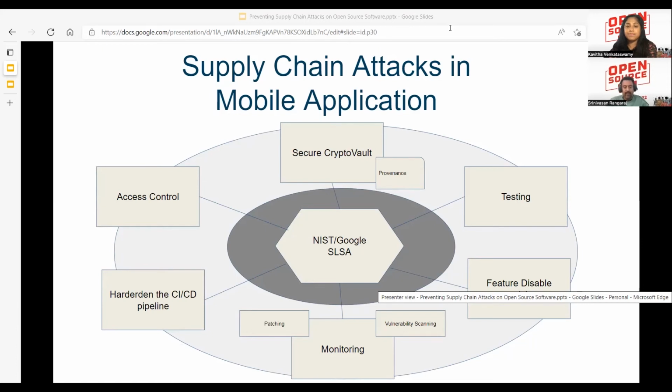Similarly, monitoring is very important, right? So as Kavitha was mentioning about vulnerability scanning and patching these open source components or third-party components within the CI/CD pipeline becomes very important. So there should be an ongoing monitoring, vulnerability scanning, and patching. This is very, very critical.